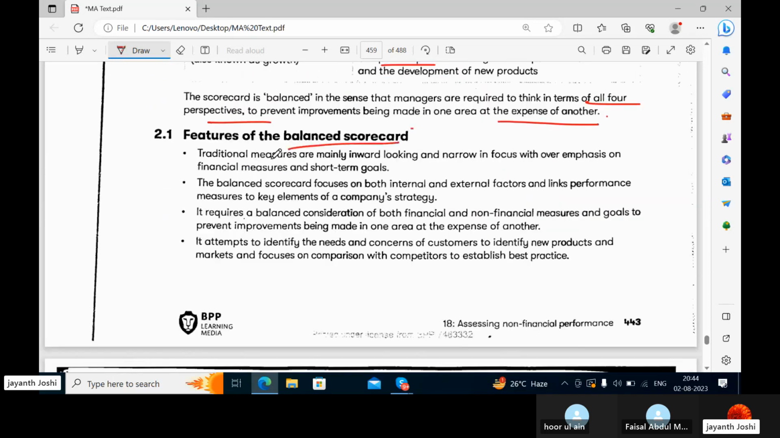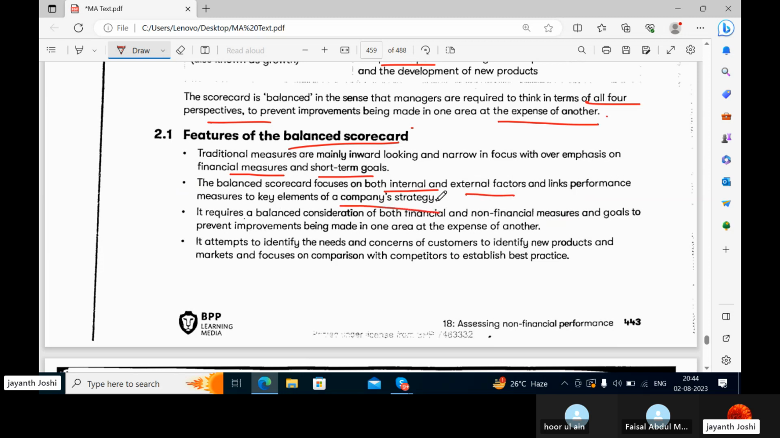Features of balanced scorecard. The traditional measures are mainly inward looking and narrow in focus, with over emphasis on financial measures and short term goals. Traditionally, more importance is given to financial measures and only to short term goals, and long term goals are compromised. So balanced scorecard focuses on both internal and external factors and links performance measures to key